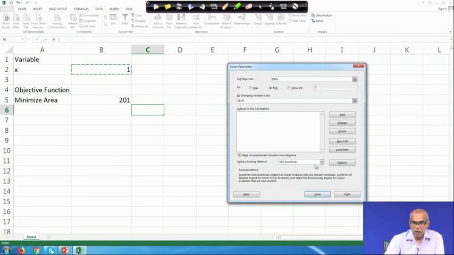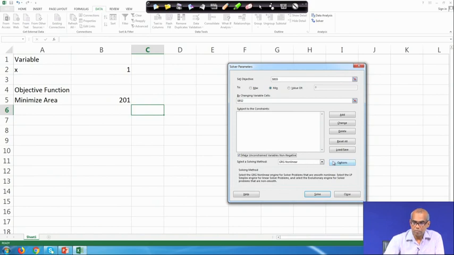Now, look at this drop down menu. You have 3 options: GRG Nonlinear, Simplex LP and Evolutionary. GRG Nonlinear is an optimizer which uses the generalized reduced gradient algorithm. Simplex LP is for solution of linear programming problems. Evolutionary method can also solve nonlinear optimization problems.